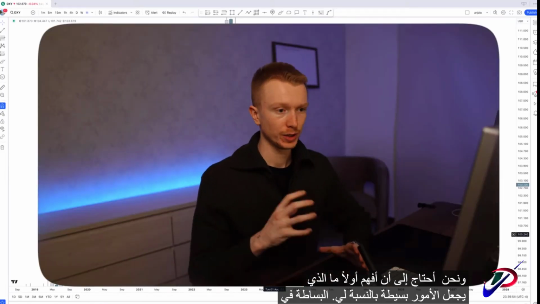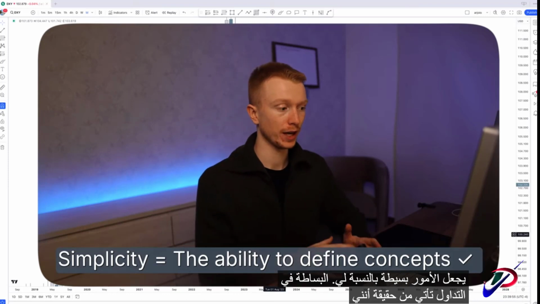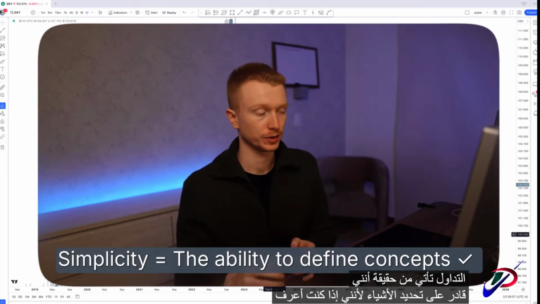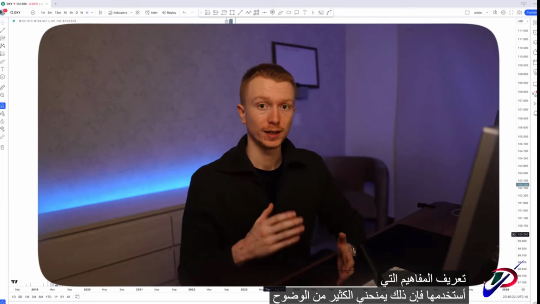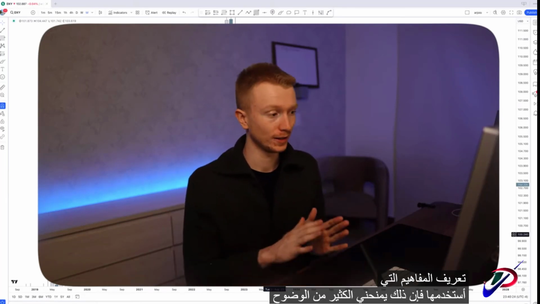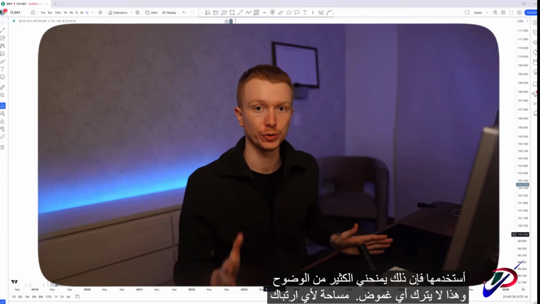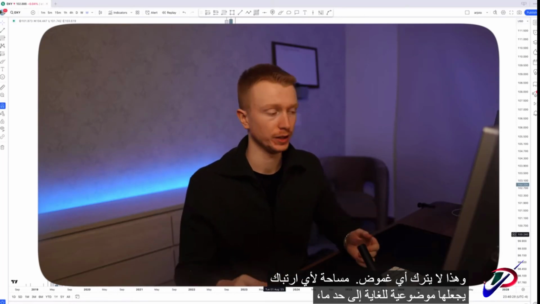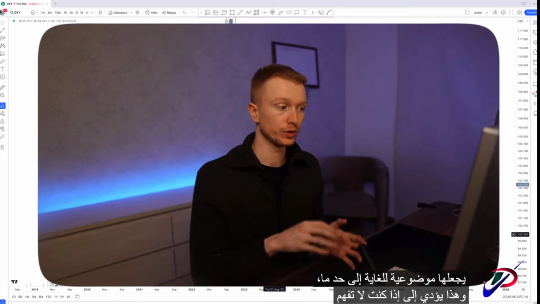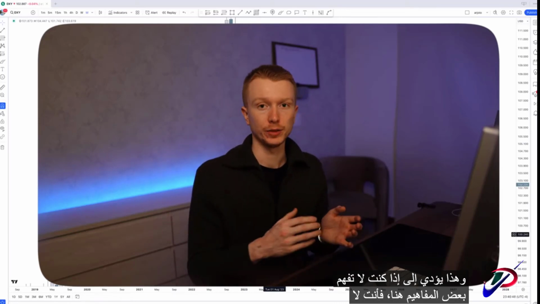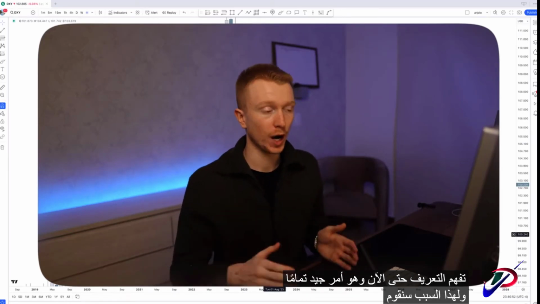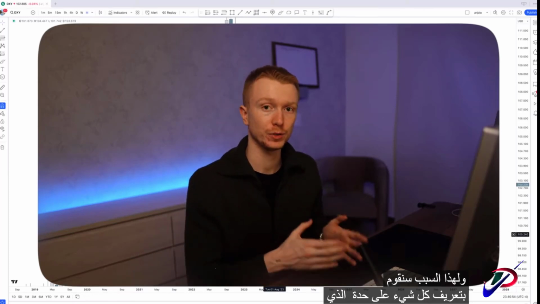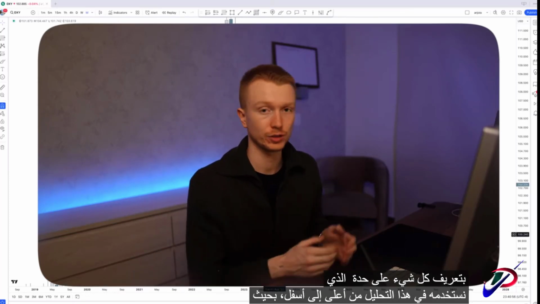simple. For me, simplicity in trading comes from the fact that I'm able to define things. Because if I know the definition of the concepts that I'm using, that gives me a lot of clarity and that leaves no room for any confusion. Makes it very objective in a sense. And that leads to, if you don't understand certain concepts here, then you don't understand the definition just yet. Which is perfectly fine, which is why we're going to define every single thing that we use in this top-down